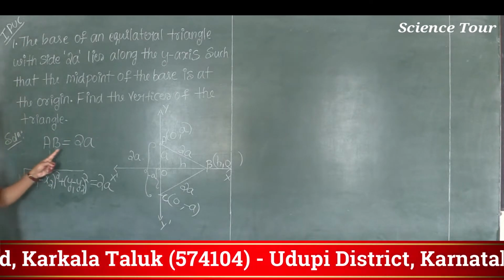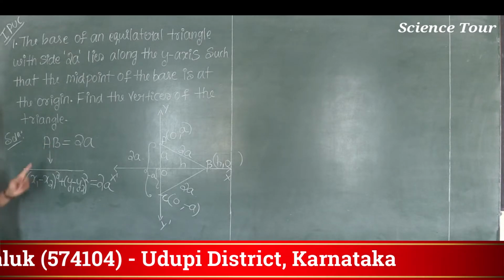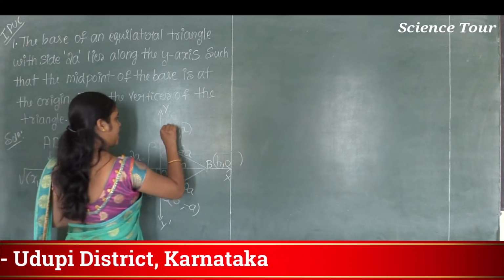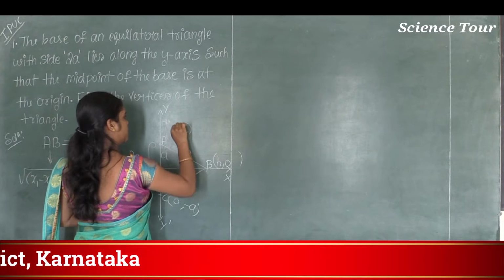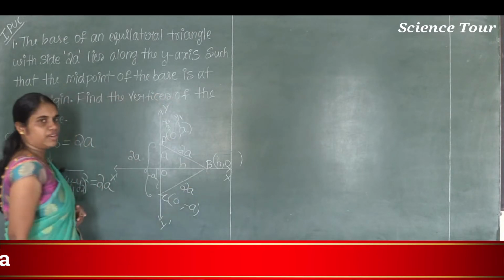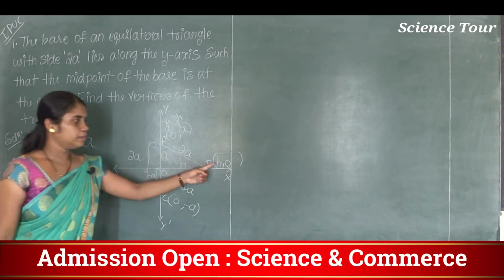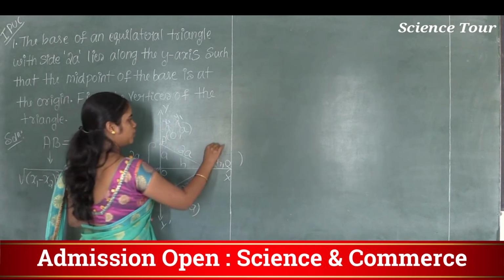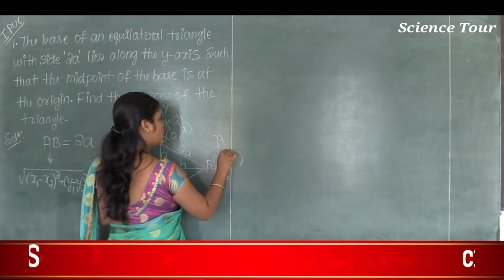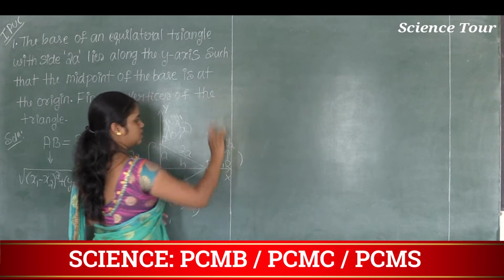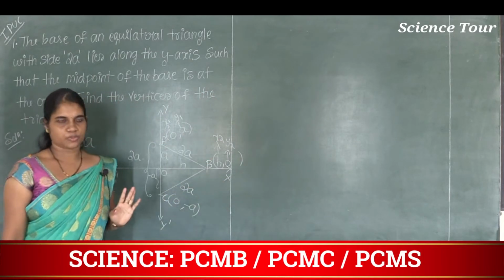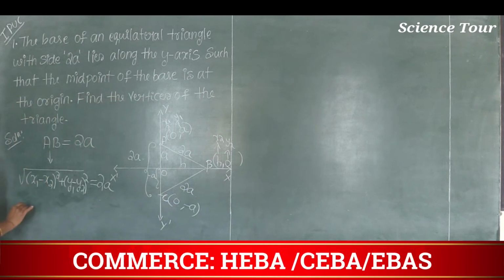Since I am going to find the length of AB, consider point A as (x1, y1) and consider point B as (x2, y2). So this is x2 and this is y2. Now we'll simplify. Square root of